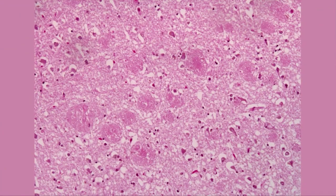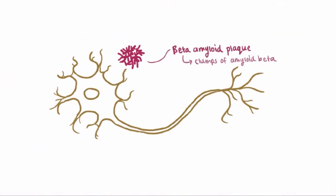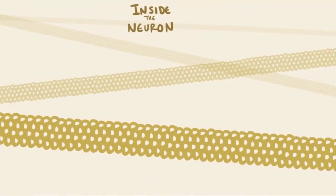Here's an image of amyloid plaque on histology. These clumps are buildups of beta-amyloid, and this is happening outside the cells. Another big part of Alzheimer's disease, though, are tangles, and these are actually found inside the cell, as opposed to the beta-amyloid plaques. Just like other cells, neurons are held together by their cytoskeleton, which is partly made up of